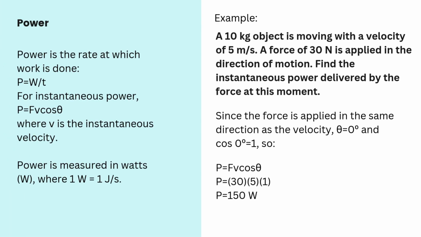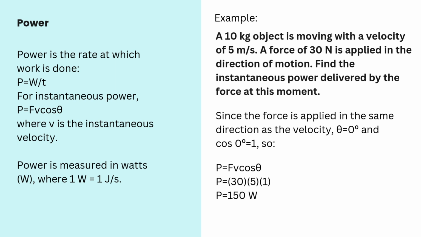We have seen that power is how fast work is done or how quickly energy is transferred. The formula for power is work done divided by time taken. Instantaneous power is power at a specific moment. Instead of total work over time, it depends on force and velocity at that instant, so we can say power